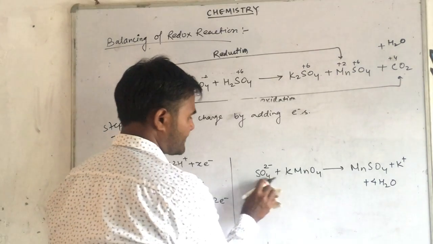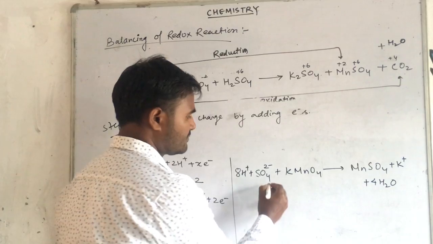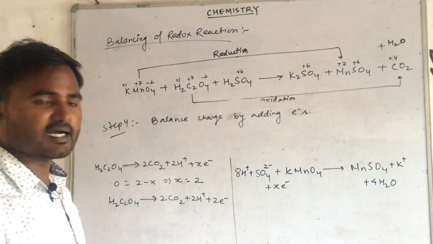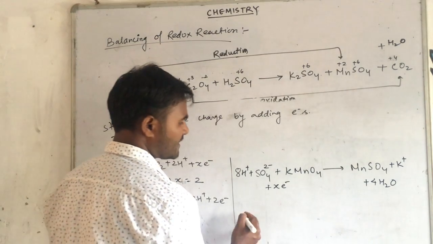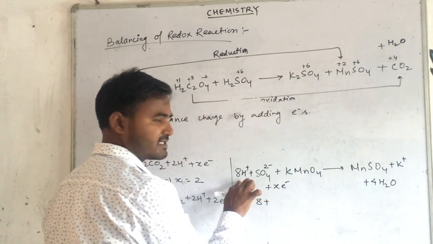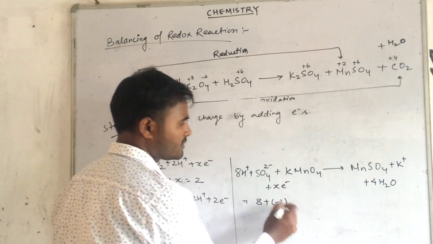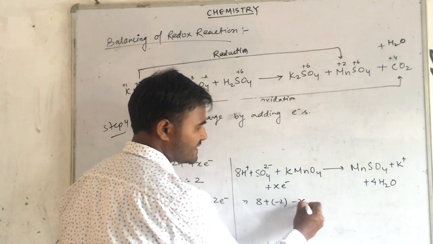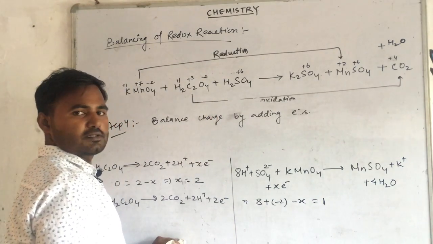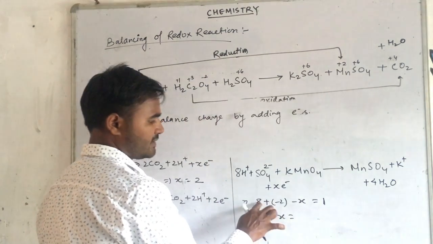In this I am adding again, arbitrarily, I am adding on the left side in this half. So balancing charge, I am writing the equation: 8 H plus, that means 8 positive charge, here minus 2, not minus 8, minus x is equal to plus 1. Clear? Then what is the value of x? It becomes 6,